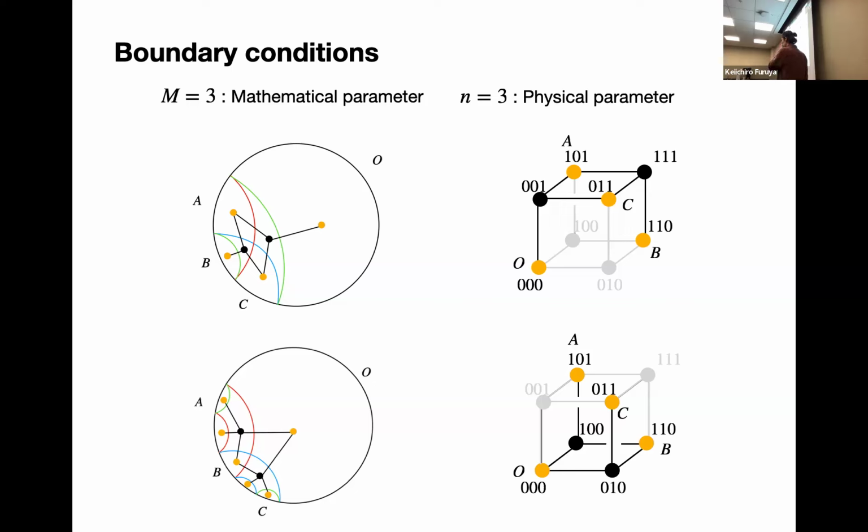So do I also identify the two vertices in green in the second case? This is the boundary subregion of A, this is the boundary subregion B, and this is C. Oh, that's the C boundary subregion of O. So it's different on the boundary vertices. I see. So those three are one. Yeah, those three are one. 2, 3, 4.